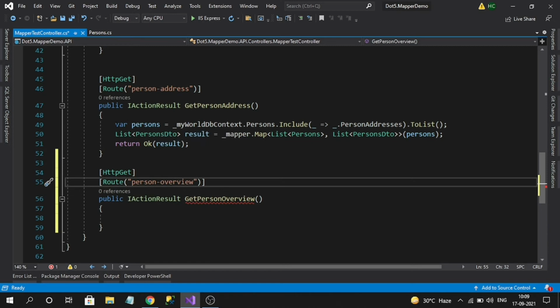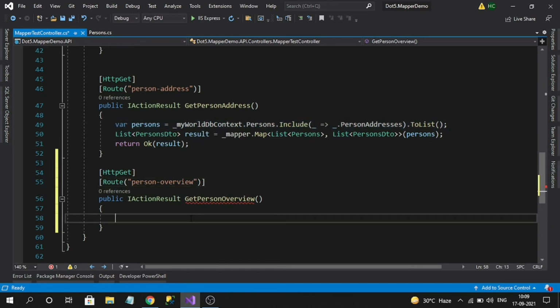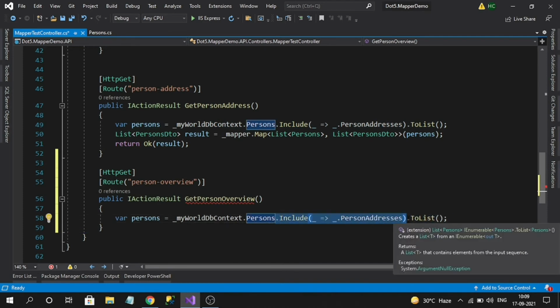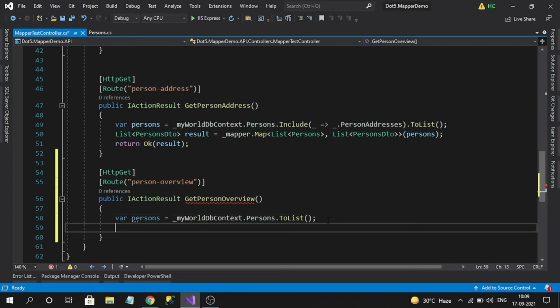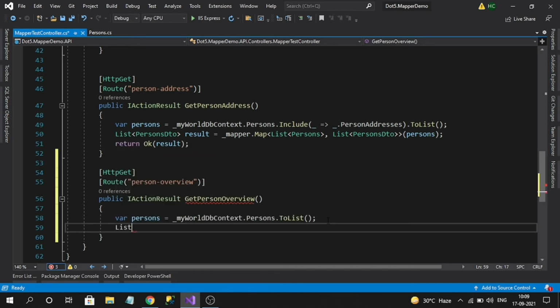Okay. And let me copy this line of code, and I don't want any addresses. So I'm getting persons and I want to map it to my list of person overviews.